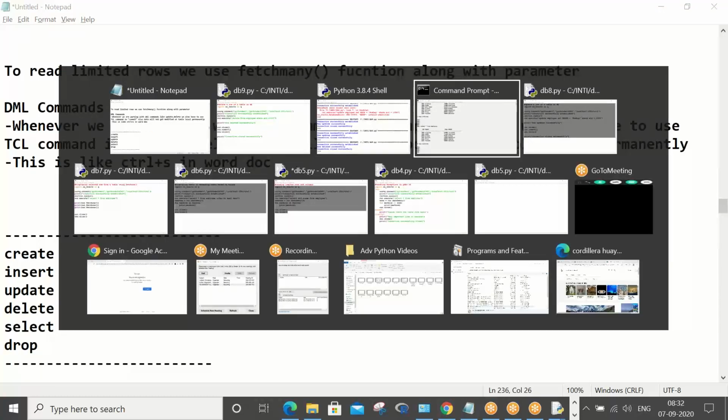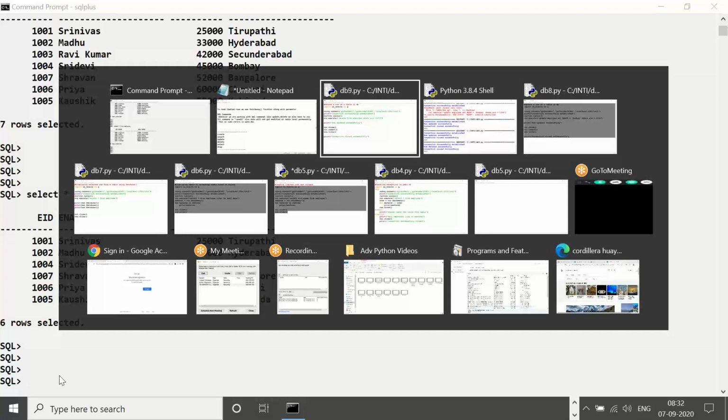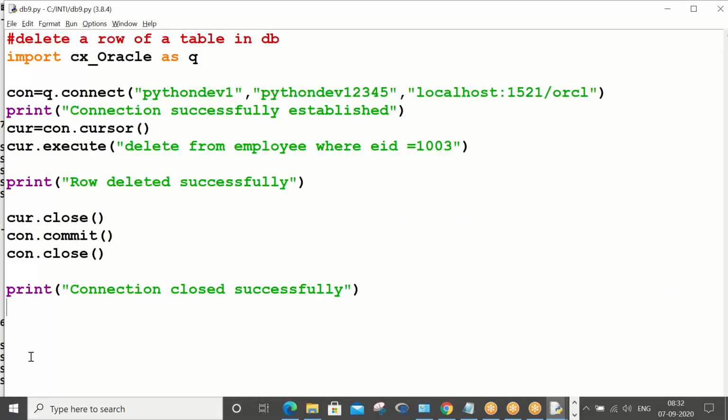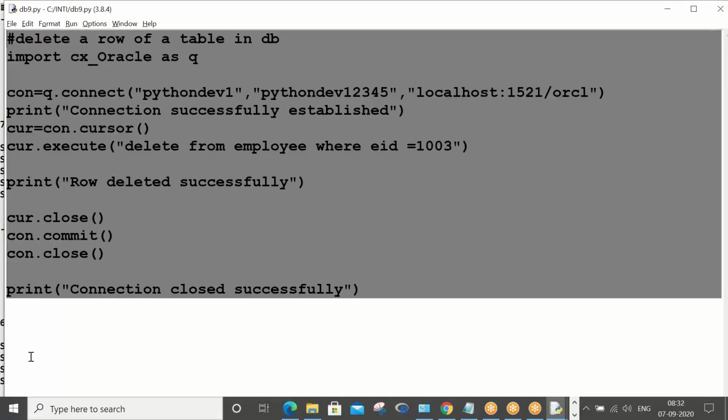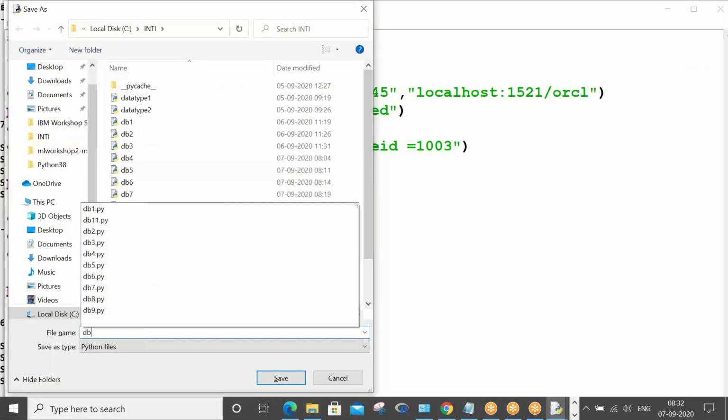Dropping means you have to drop a table from the database. So let's create a table from here only. Control A, Control C, Control N, Control V, Control S, DB10.